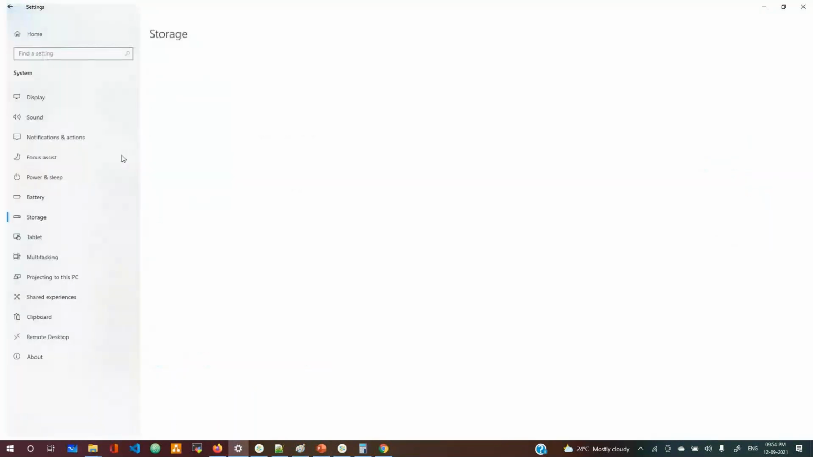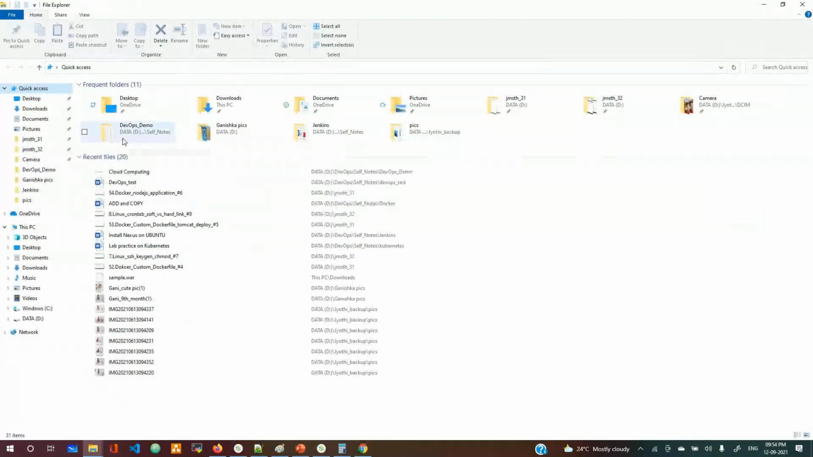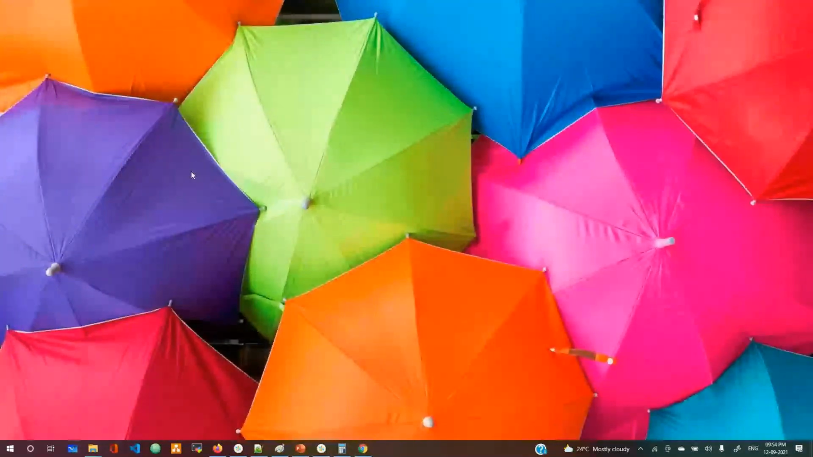Let me open storage settings. Now if you can see here, this is the 237 GB of temporary files. Anyway, leave it, these things are time wasting. Now when you do it for the Windows C option,